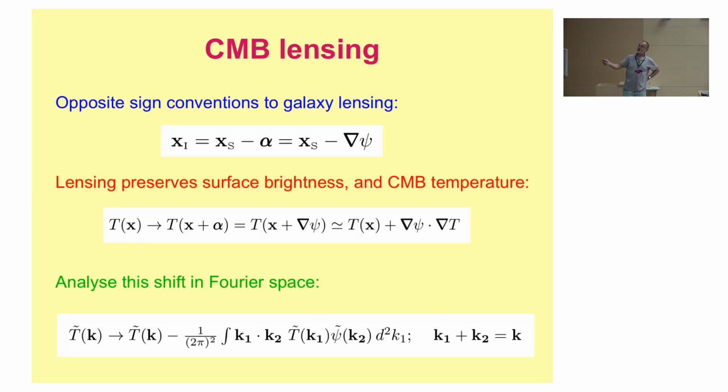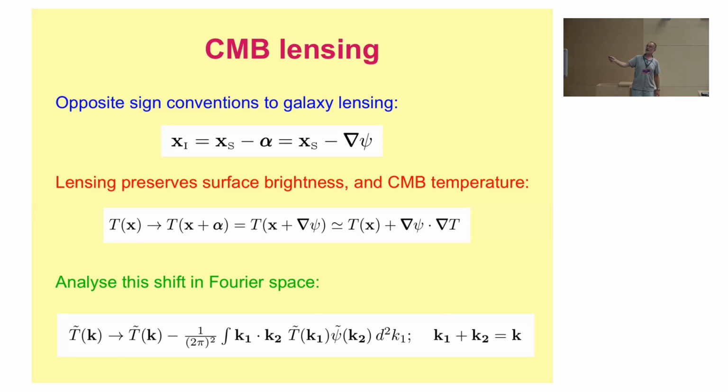So I can express the temperature that I actually see. I want the temperature at some observed location x. Well, that x came from some true location. So that true location is the x that I actually observed plus this gradient term. So the observed temperature is the true temperature field at the location of wherever I'm interested in, plus